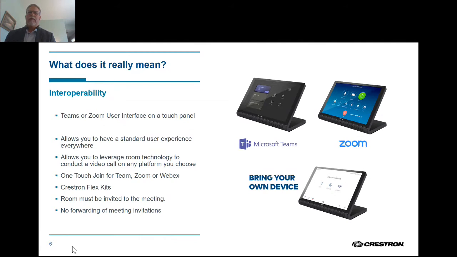So Microsoft and Zoom and Cisco, yeah, those are the three, decided that they were going to play nice and allow Microsoft Teams room to participate in a Zoom call or to participate in a WebEx call. There are some things that you need to do